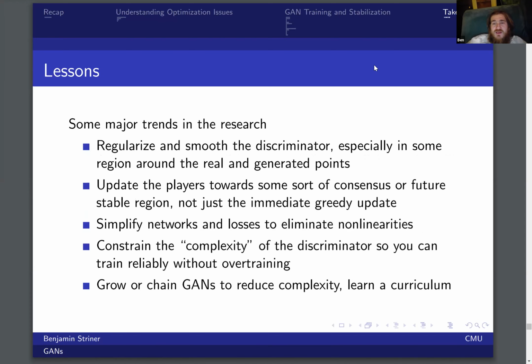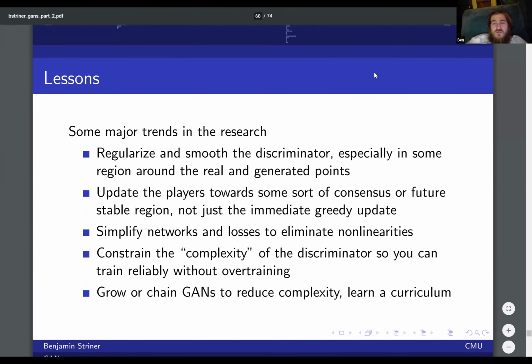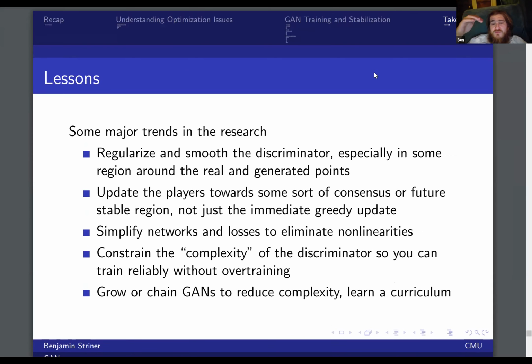And some major ideas in the research. I showed you a lot of different ways of